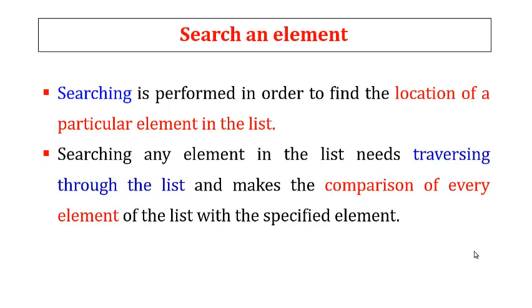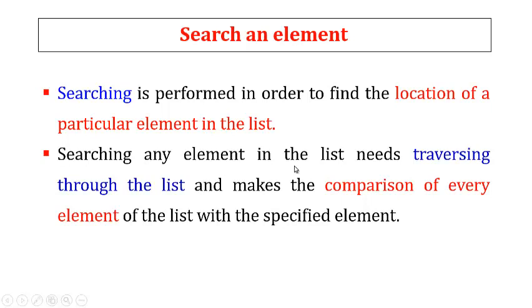Okay, in a doubly linked list as well as a singly linked list, each and every element is in sequential order. Sequential order means it is based on the index position, like 1, 2, 3, 4. That we call sequential order. If you are going to search for a particular element in the linked list, we have to traverse: visit the first node, move to the second node, the third and the fourth, and it goes on until you find out whether the specified element is present in the given linked list or not. Okay, that is the location of a particular element in the list.